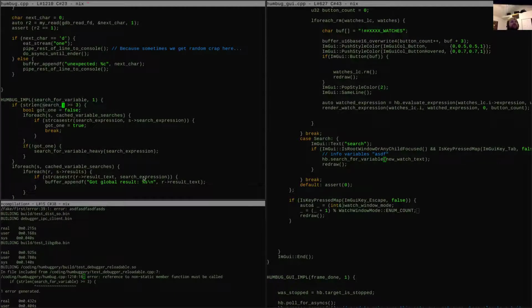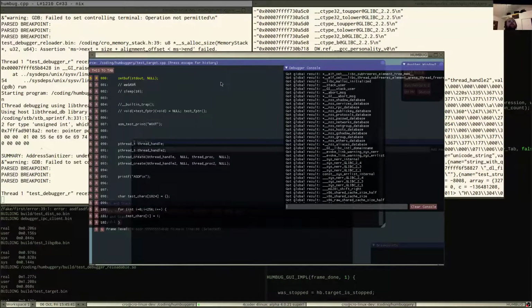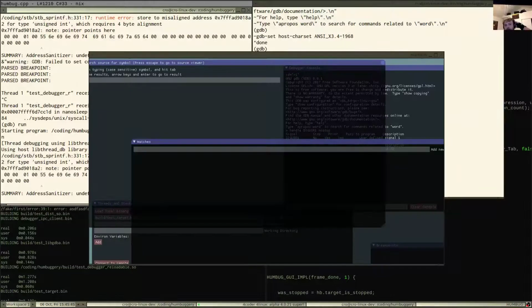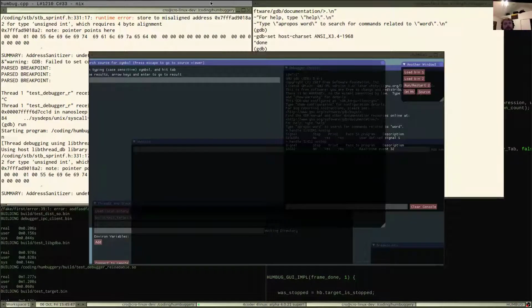Oh, search expression. All right, so let's go ahead and run here, and then do that.